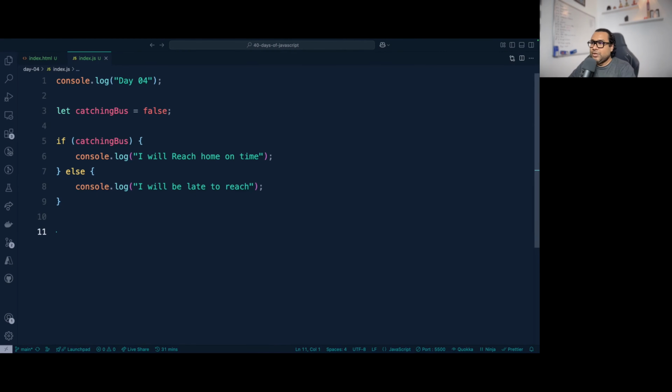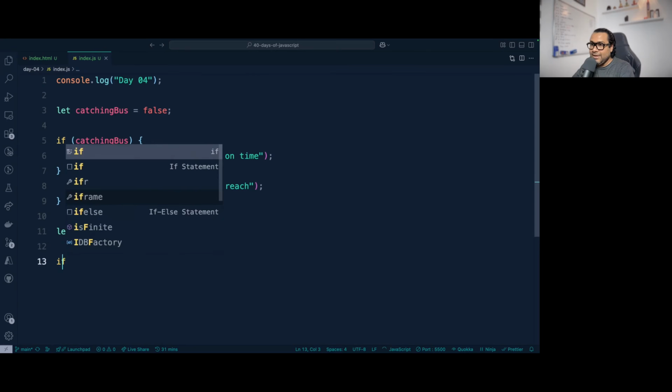Let's build a logic to check whether an individual is eligible to cast his vote or not. At least in India, you have to be at the age of 18, then only you can cast a vote. In many countries, I know the rule is kind of the same. So we have to deal with age. First I will create a variable called age, and I will check now.